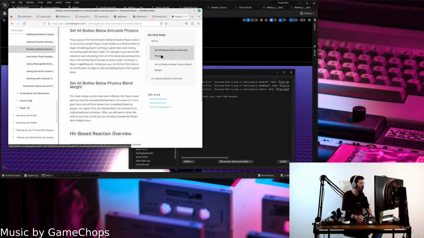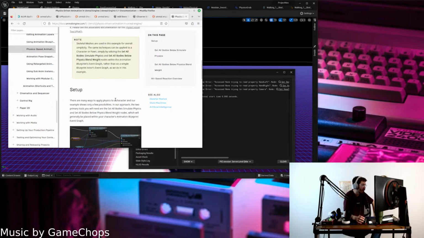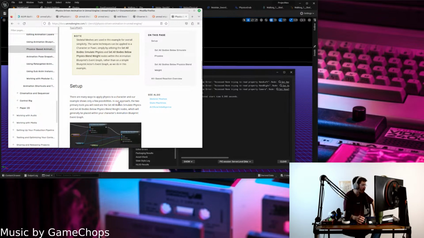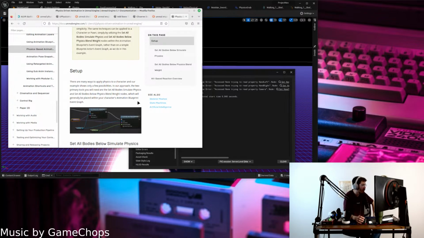Controls how much influence the physics asset will have over the animated skeletal mesh. At a value of 1, the given bone. Often you will want to drive this node at each tick so that you can smoothly animate the physics blend weight value. A few possibilities. In our approach, the two primary tools you will need to set are set all body simulate physics, set all body, which will generally be placed